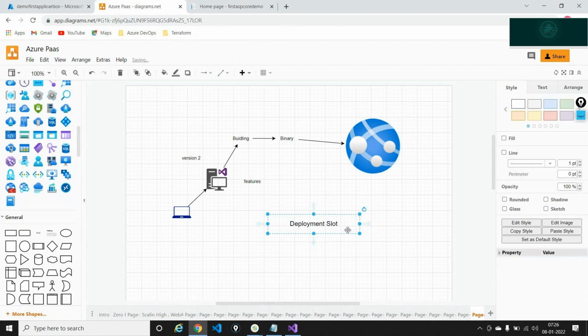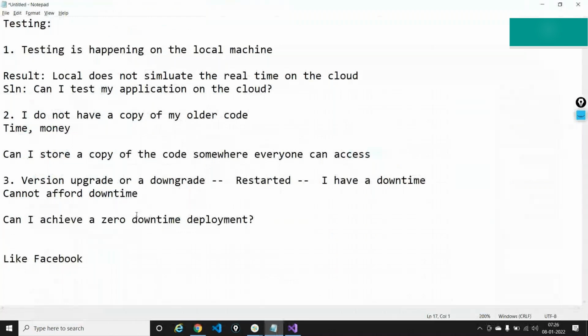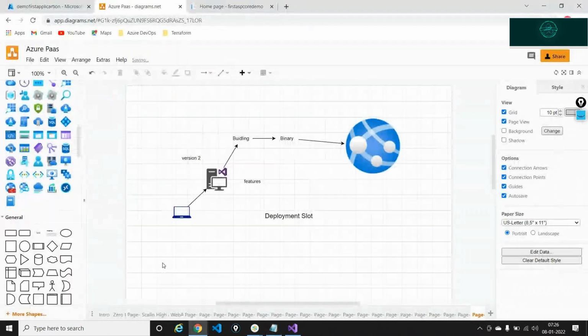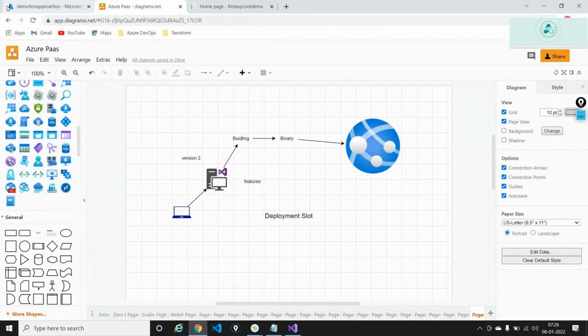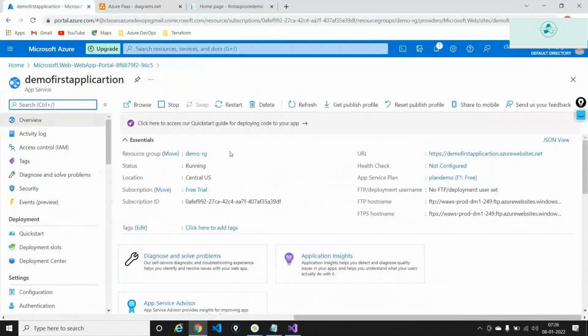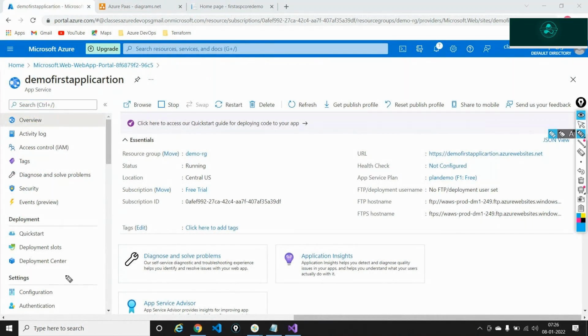This is a very unique feature which helps us achieve all these things. How does it help us achieve all these things? Let's technically see what deployment slot is, and let's do a demo on that. So I'm going into my application, and in my application, there are multiple options, and one of the options is something known as a deployment slot.